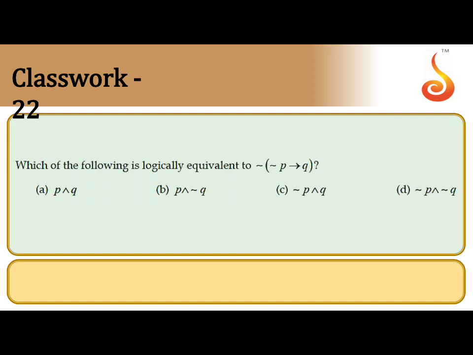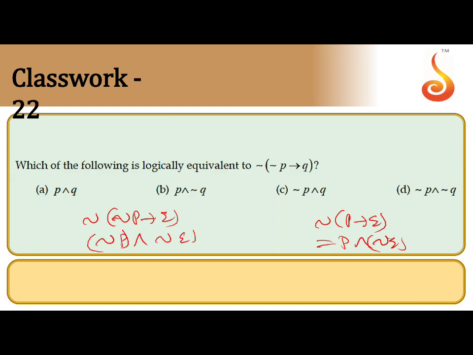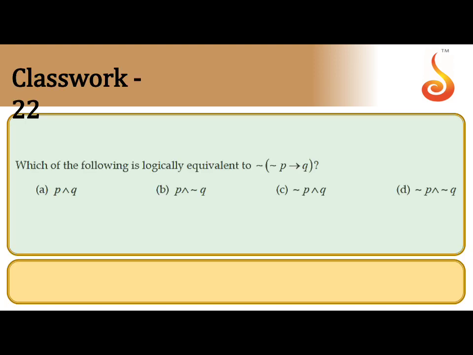Next. Which of the following is logically equivalent? You have to apply negation of this one. What is the property? Negation of P implies Q. I told you, now this is most important. So you can take it here, and outside negation is there. So it means negation of P implies Q. That means the first position does not change, and in the second position you get negation of Q. Negation of P and negation of Q. Which option has the two negations here? That is the answer. I hope it is clear. That is the answer for this one.